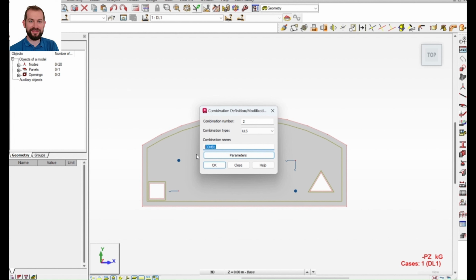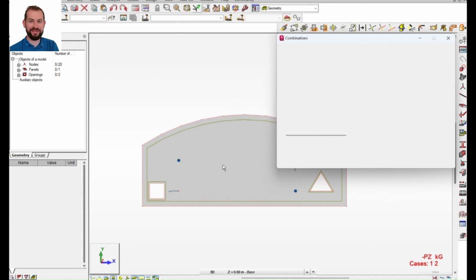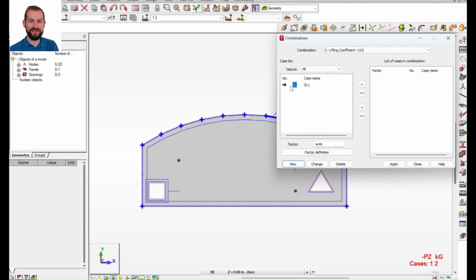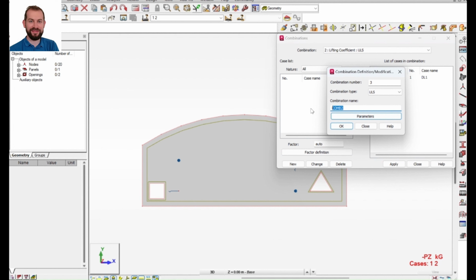If we've got option 2, it's going to be a 1.4 factor, etc. So we'll just say lifting coefficient, and we hit OK. So we click on our dead load and factor 1.2, and then hit apply. Okay, we can create a new one for our ULS conditions,